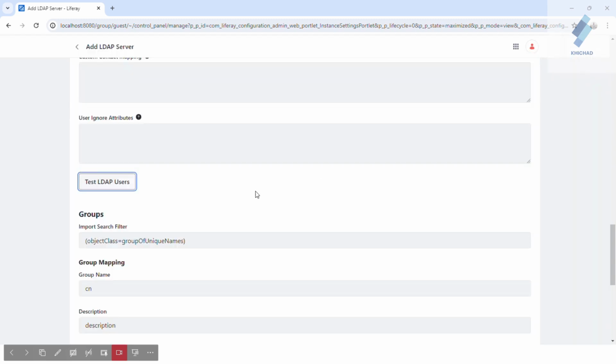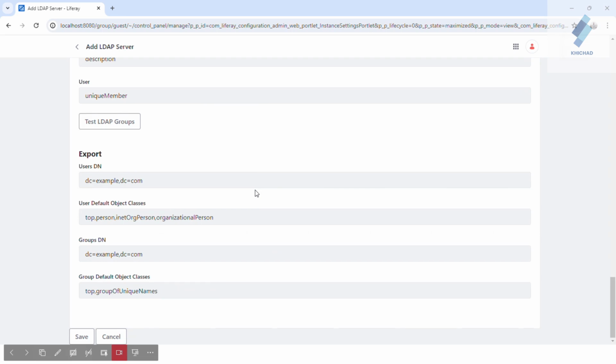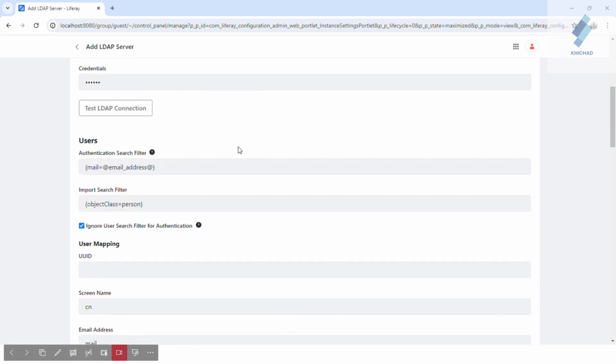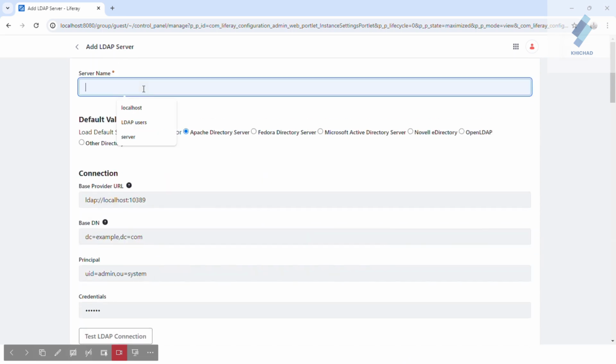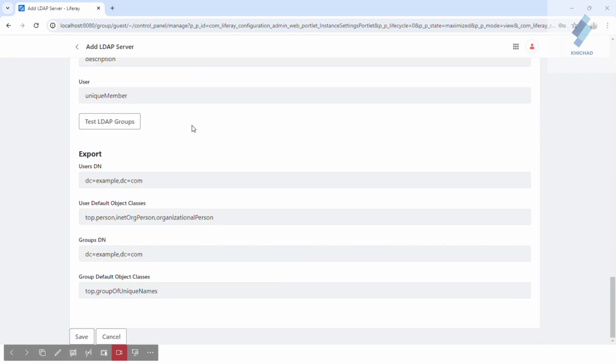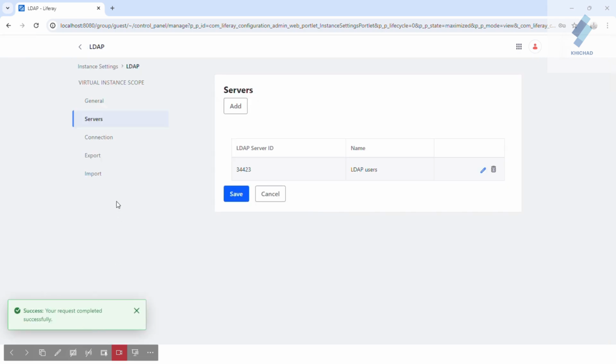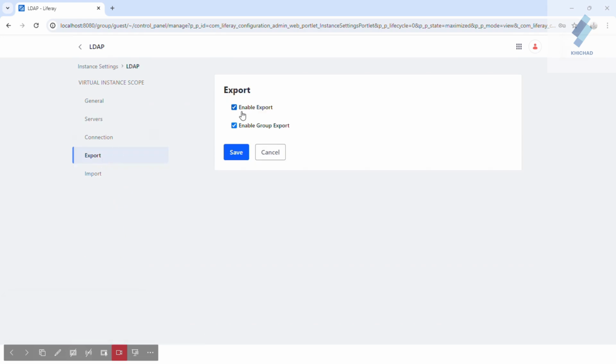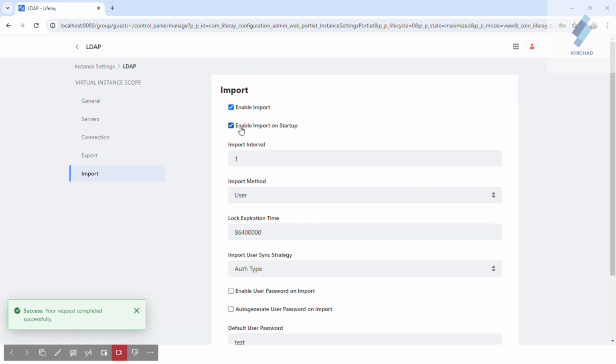After testing and creating this, we need to add the server, give a server name. So I just give LDAP users and click on save. Now click on export and click on enable for the export. Save. Click on import for importing users.